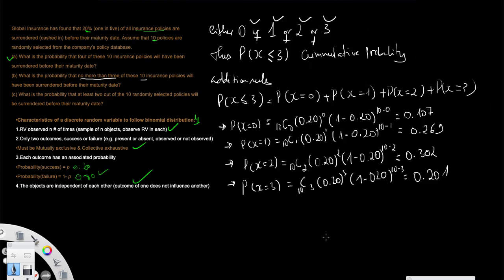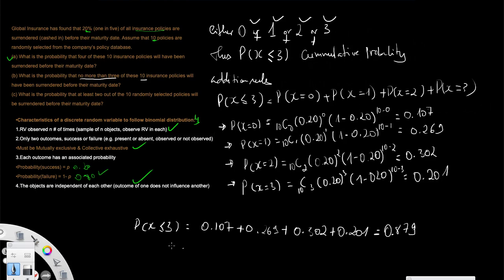So after working all these individually following our formula, now I'm going to have the P of x less than or equal to 3. I'm just going to add all this. This is 0.107 plus 0.269 plus 0.302 plus 0.201, and we should get 0.879. Like I always say, we put that now in percentage,